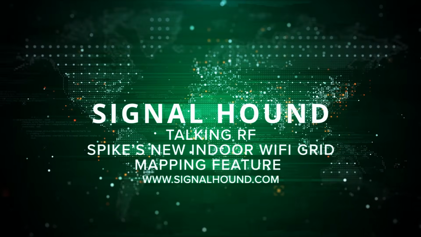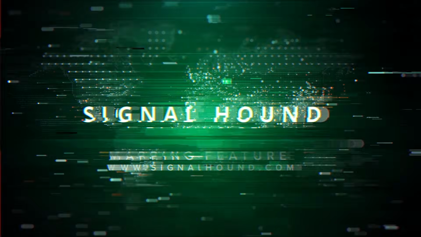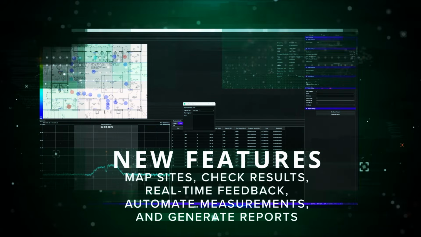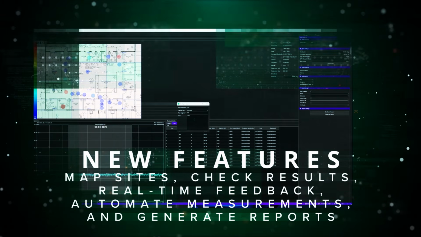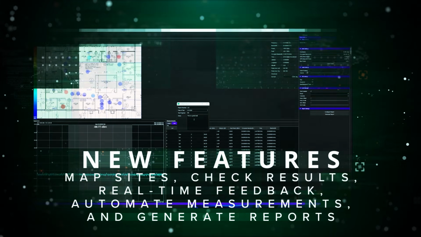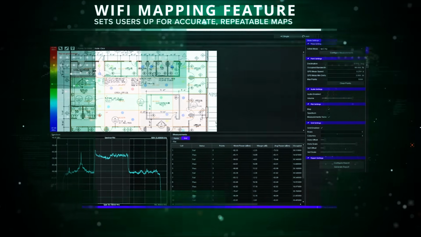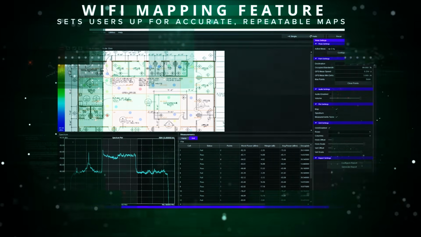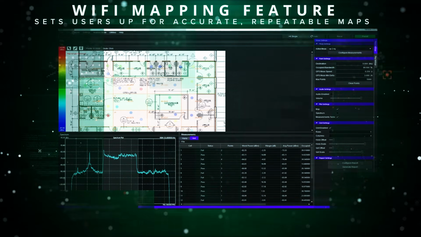Signal Hound's Talking RF, and today we're talking Spike's new indoor Wi-Fi grid mapping feature, built for surveyors and RF pros. Map sites, check results against acceptance criteria, get real-time visual feedback, automate measurements, and generate reports. The Wi-Fi mapping feature in Spike sets users up for accurate, repeatable maps, whether you're doing site acceptance testing or